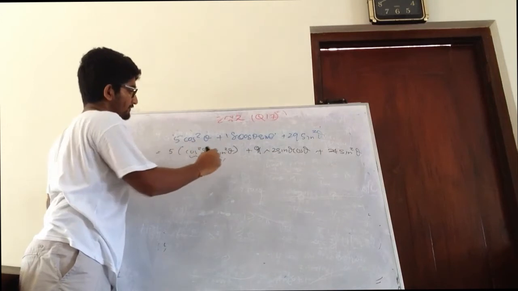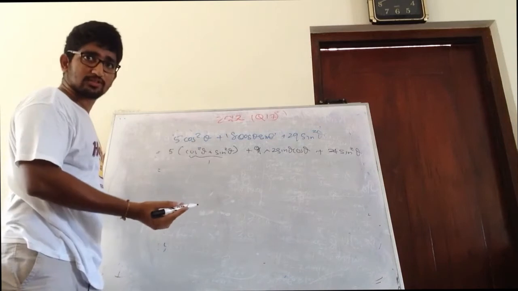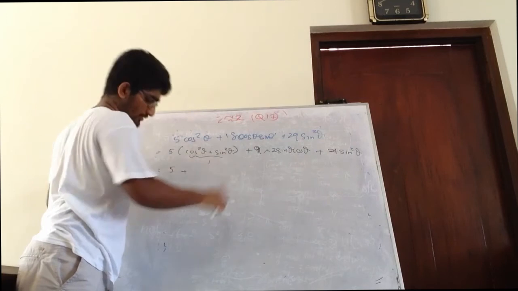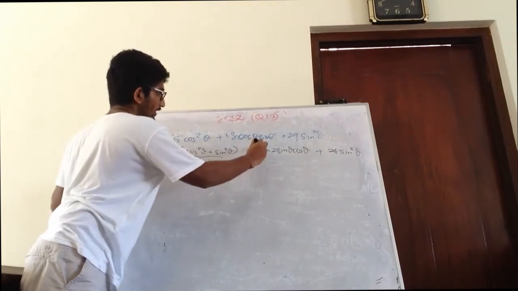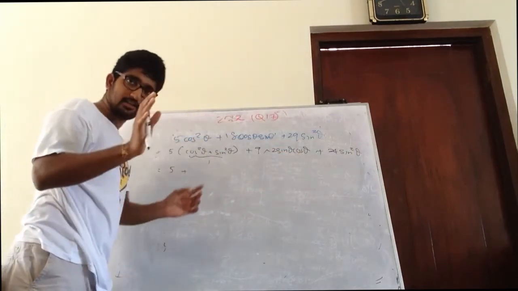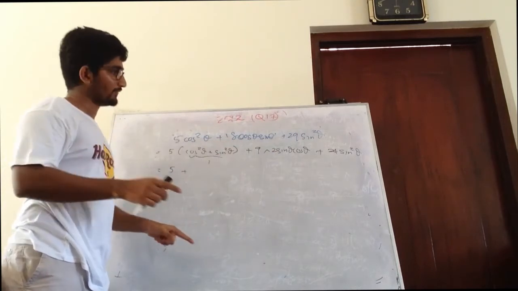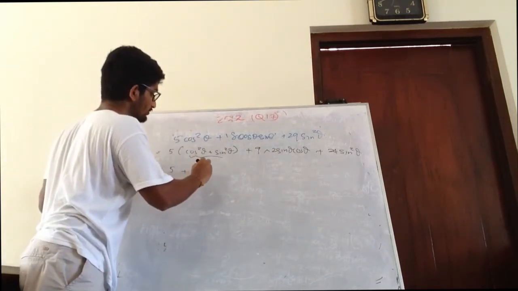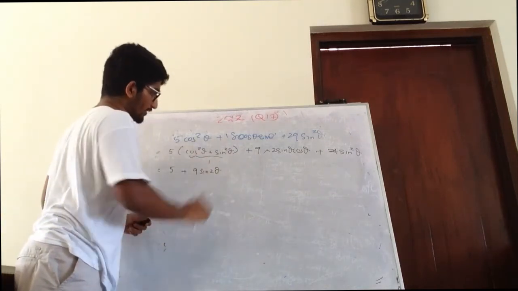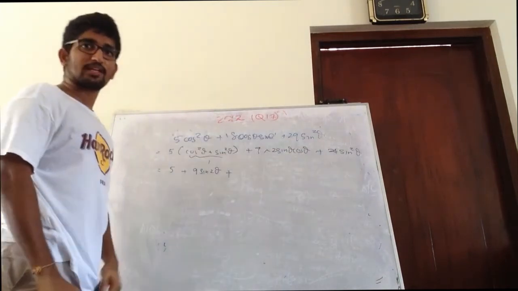So now this becomes 1. So I get some sort of a constant now. So 5 plus this is 9 times this, which is basically 2 theta. I need it in 2 theta terms, so I get sin 2 theta. This is 9 times sin 2 theta. Plus, now I can actually write this in terms of 2 theta as well.